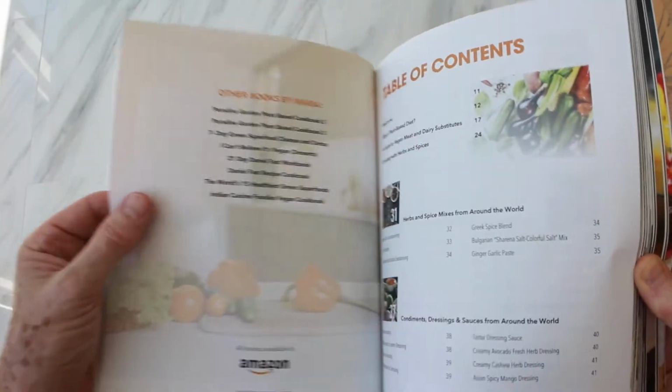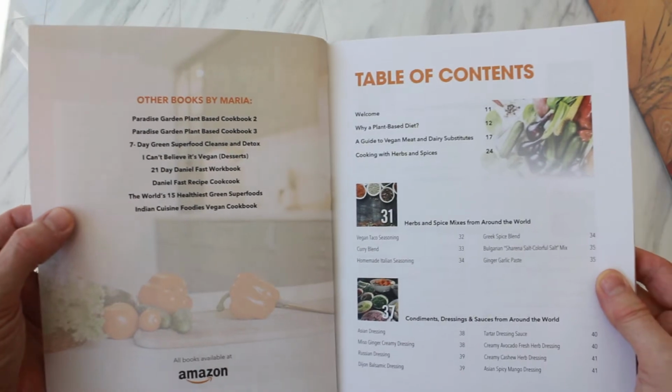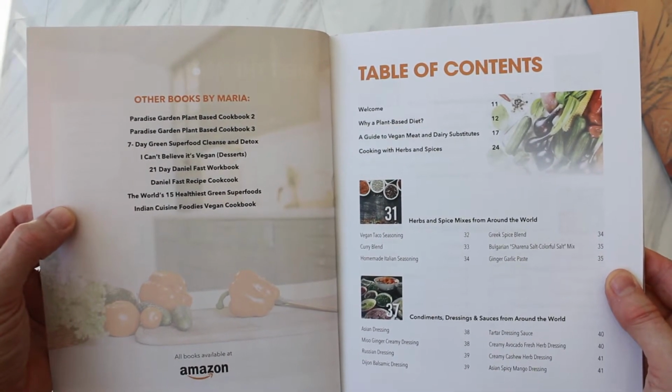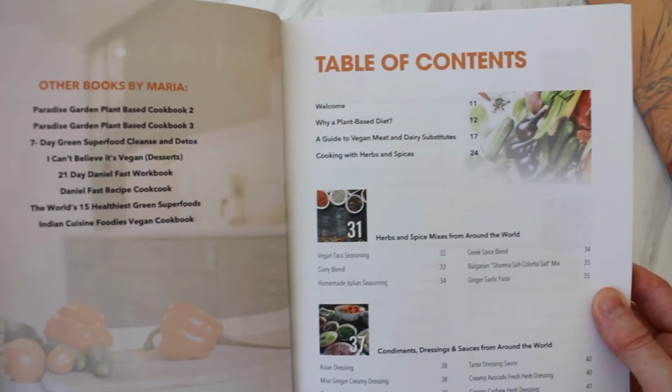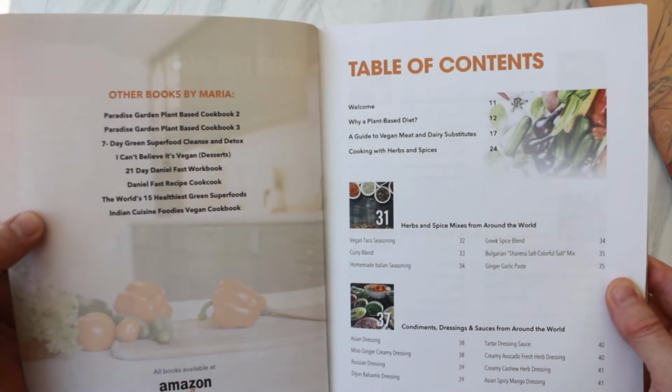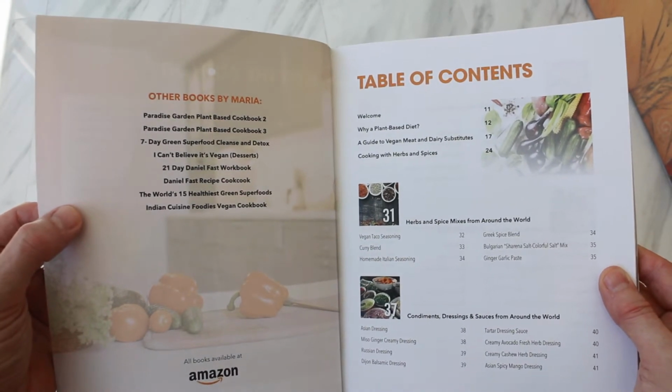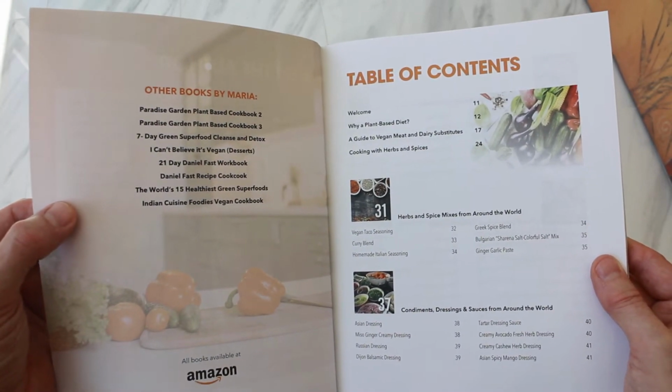There she is, and the table of contents will tell us a lot here. It says welcome and then why a plant-based diet and a guide to vegan meat and dairy substitutes. So that's a good thing. Cooking with herbs and spices from around the world, and I can see by looking here that there's